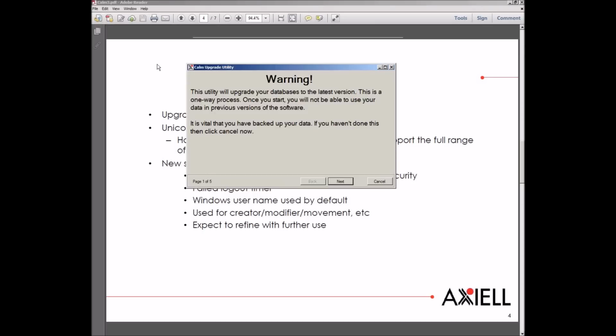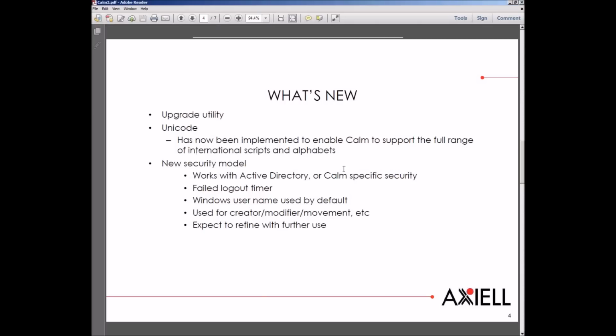So make sure when you go to version 10, you have a safe backup of your data before you move forward. Okay? So when you get that warning and click Next, the upgrade then takes place on the existing data. Okay, one of the main features we've added to Calm into the back-end database index engine is the support